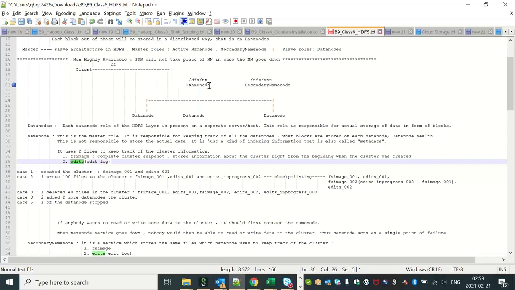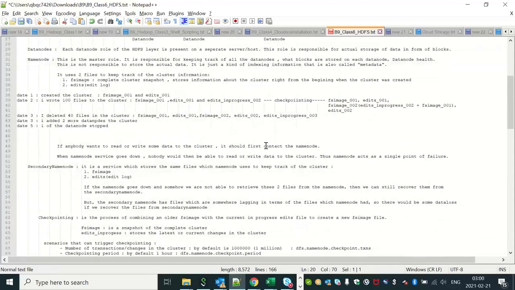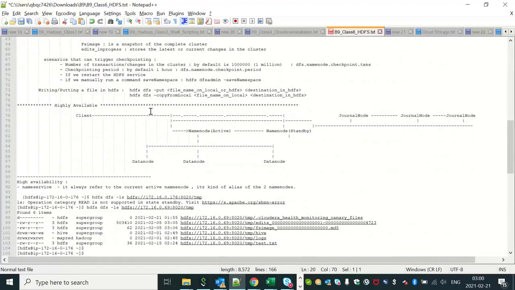But I also told you that if name node goes down and somehow it is not able to recover, we will get those files from the DFS SNN. But if you remember, it was somehow out of sync. This location had files which were older, while the newer files were still on the active name node's location, right? So to avoid this situation in HA environments,